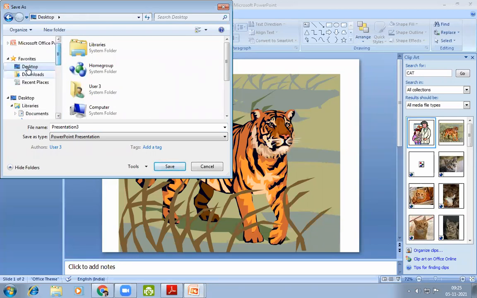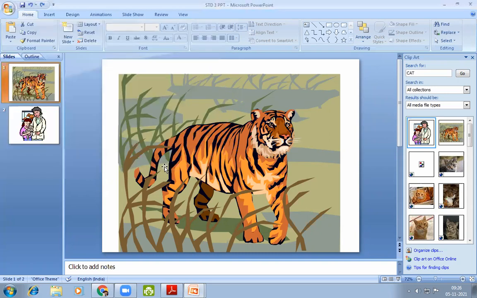For example, I want to save it on the desktop. So I have to click on desktop. Then I have to change the file name. For example, Standard 3 PowerPoint presentation, PPT. Save it. And now I can close the PowerPoint here.